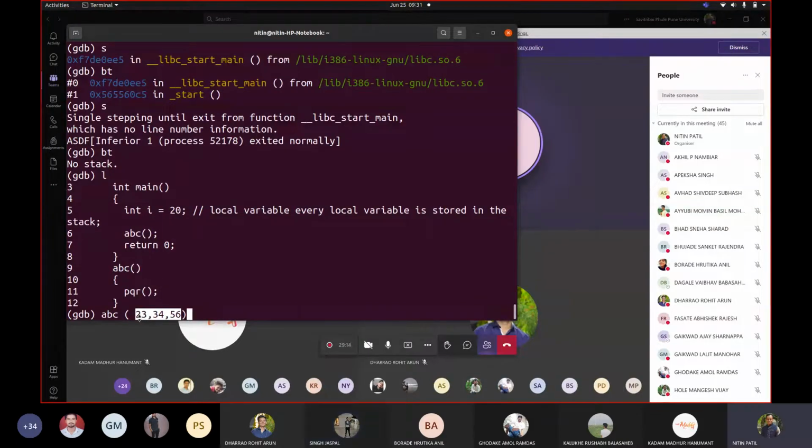So what might be the reason to call them formal parameters? Because they get the value from main. It is only meant to communicate to the called function that I'm sending these 3 values for your parameters, so please adjust with them in the order that is sent by me. That's why they are referred to that way.